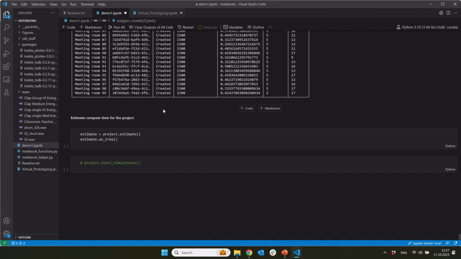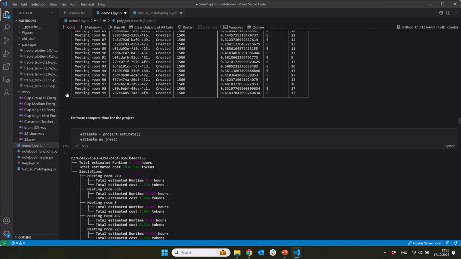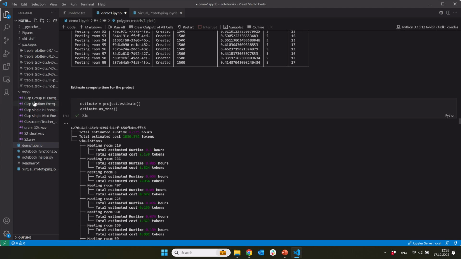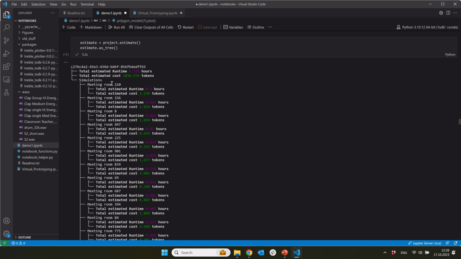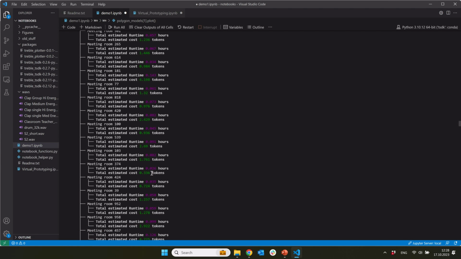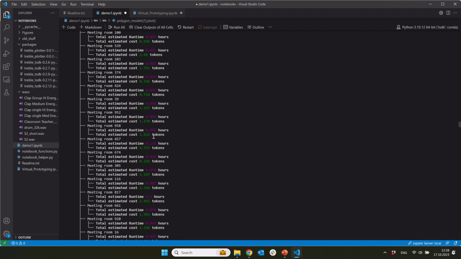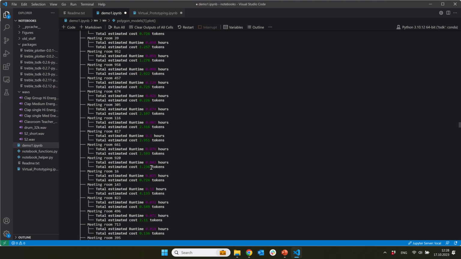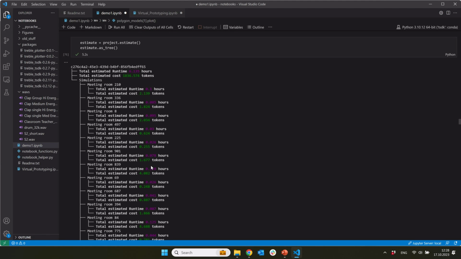And I'm not going to start this job, going to spin up thousands of GPUs, but I'm just going to show you here how we can estimate the compute time of this big bulk job, just by calling this estimate function, and it estimates the entire project. And it's telling me it takes around 6 hours for me to run. Each simulation is, as you can see, just taking less than 0.1 hour, but in my particular case, my organization has a